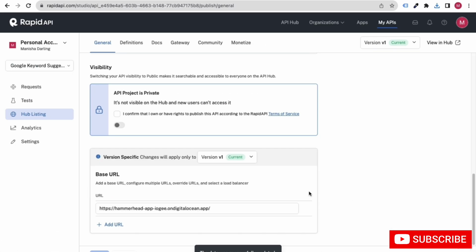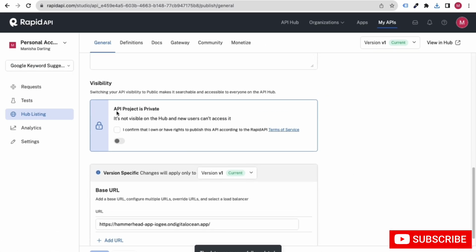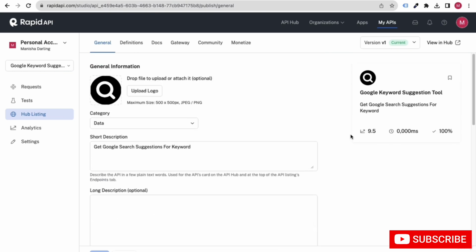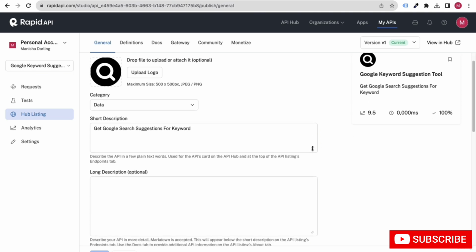You can see like that. Make sure that the API project is private for now, but when you start to make money, it will be public. Right now let's put it private only. Now my friends, what you can do is click on, let's say, definition maybe.